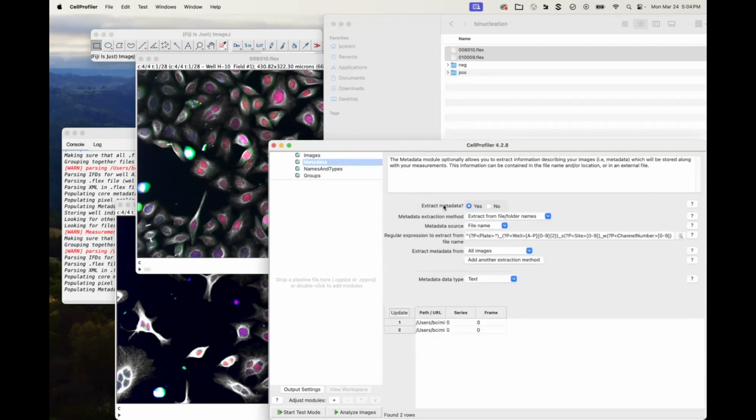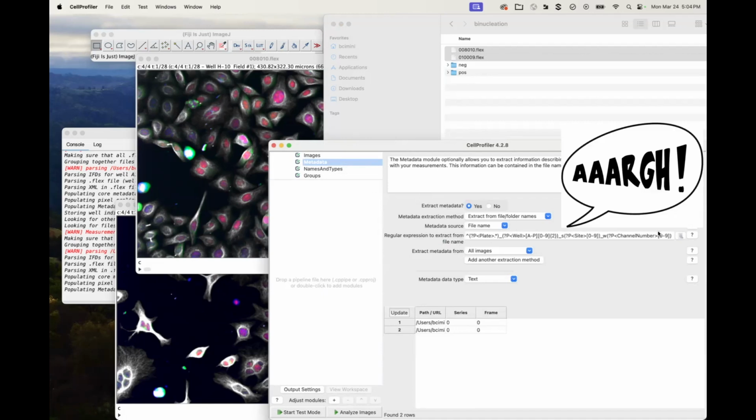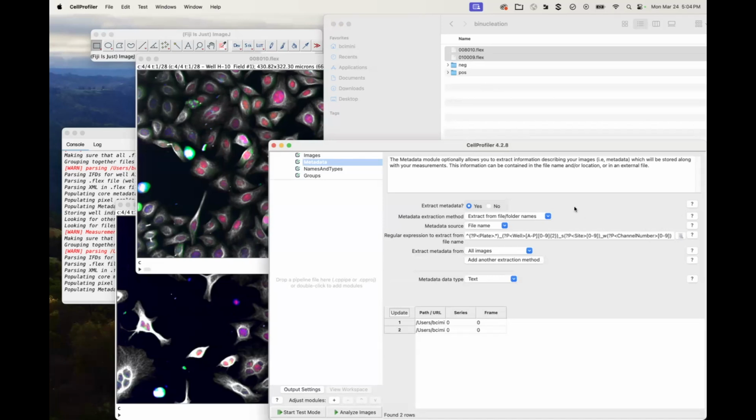Now, this is one of the modules in CellProfiler that people find the scariest, and I don't blame them, because when it first comes up, it shows you all of this horrible regular expression stuff, which is about trying to get information from the file name. So especially if you use a high content microscope, where you're generating scans of a plate, you might have something where things like the well position are encoded in your file name. That's in fact exactly what we have here. But if you're not used to looking at computers, this is horrifying.